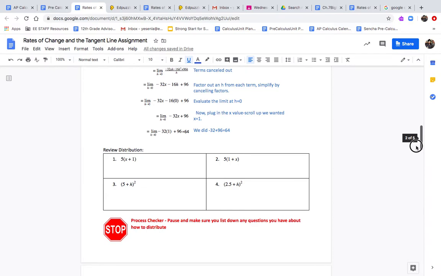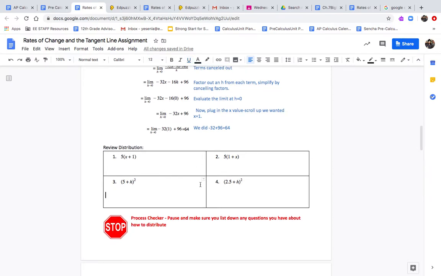Lastly, after you take a look at the examples, you're going to fill in these distribution practice problems. For example, for this one, you just do the distributive property: distribute the 5. That's going to be 5x, and then 5 times 1 is 5. And that's my answer. You're going to do the same for 2. Now, for 3, remember that when you have a binomial that's squared, it's the same thing as writing 5 plus h times 5 plus h. Now you have to use either